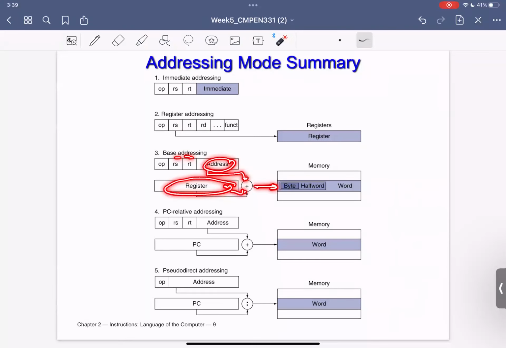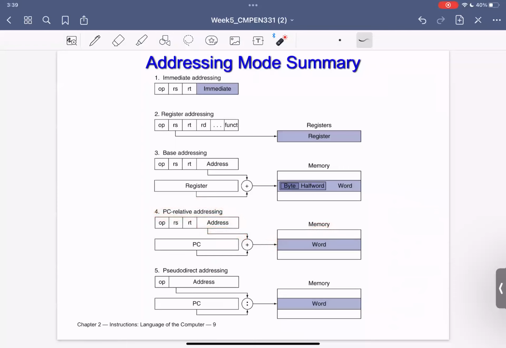Adding both of these, then you know exactly where my address is inside the memory, and we refer to that as the base address. Program counter relative is just what we mentioned in branch equal and branch not equal. You have the program counter address, which is the next instruction to be executed, plus the offset that I had, which was 2 in my example. This plus that will show you the exact address in the memory, and this is the program counter relative address.